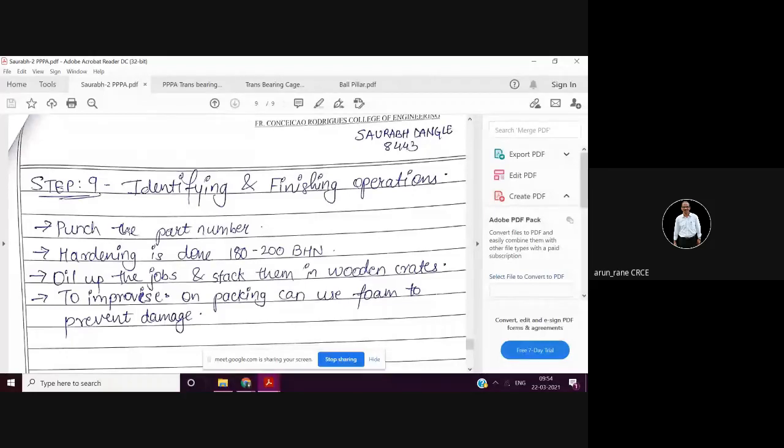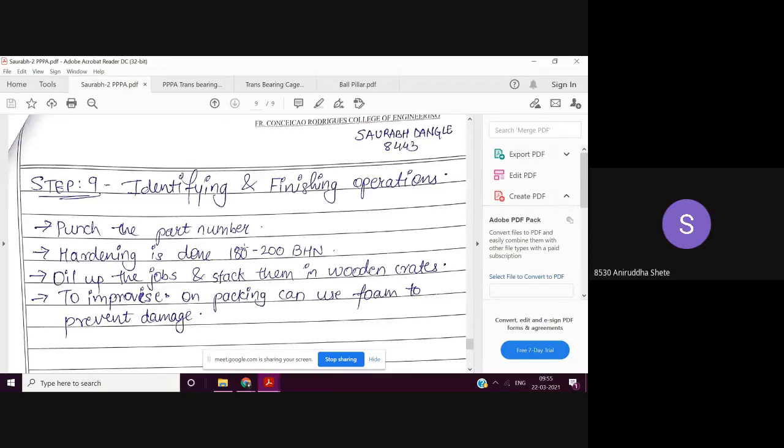So if there is a photo, yes, you can understand. But if there is an ID number, a roll number, then it can be identified easily, and that student can be traced. So if there is a part number which is punched on the component, then that component can be identified, and accordingly it can be given to the production people or to the stores people for storing. Yes, sir.